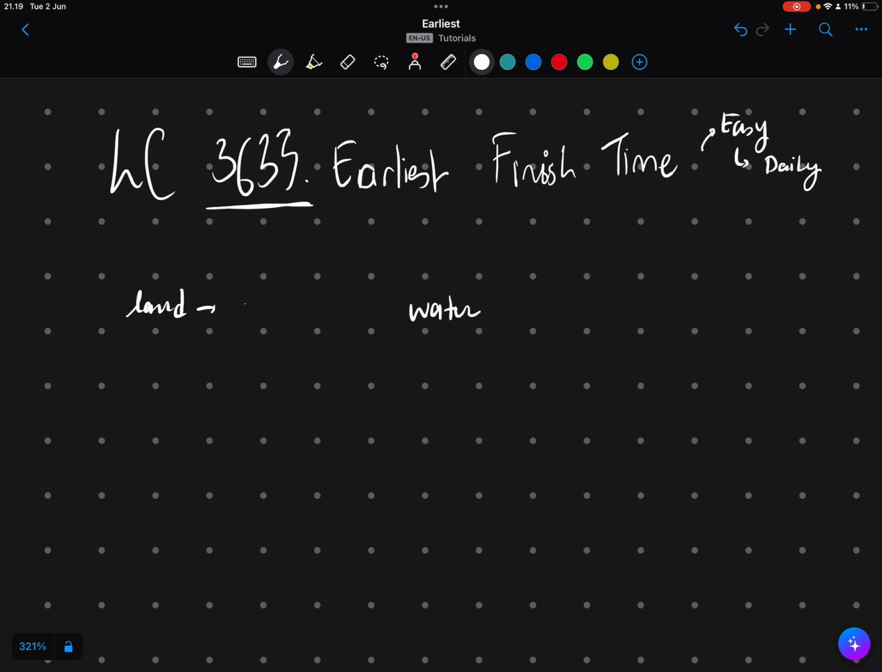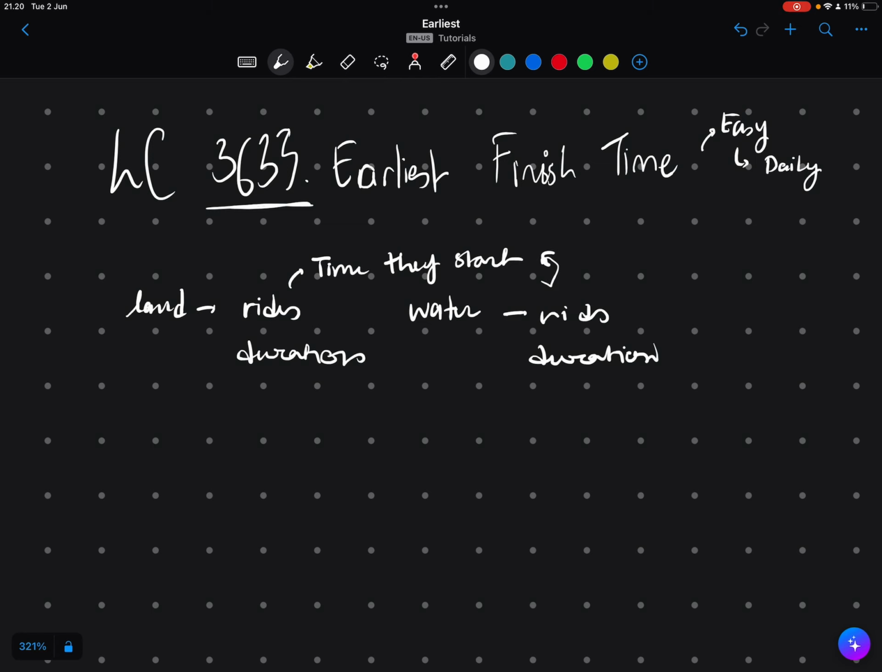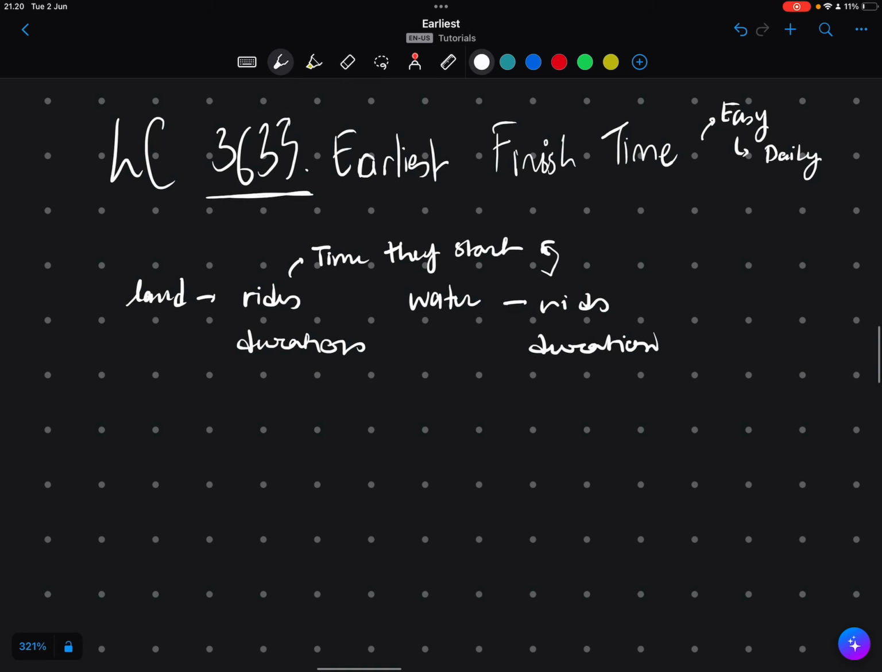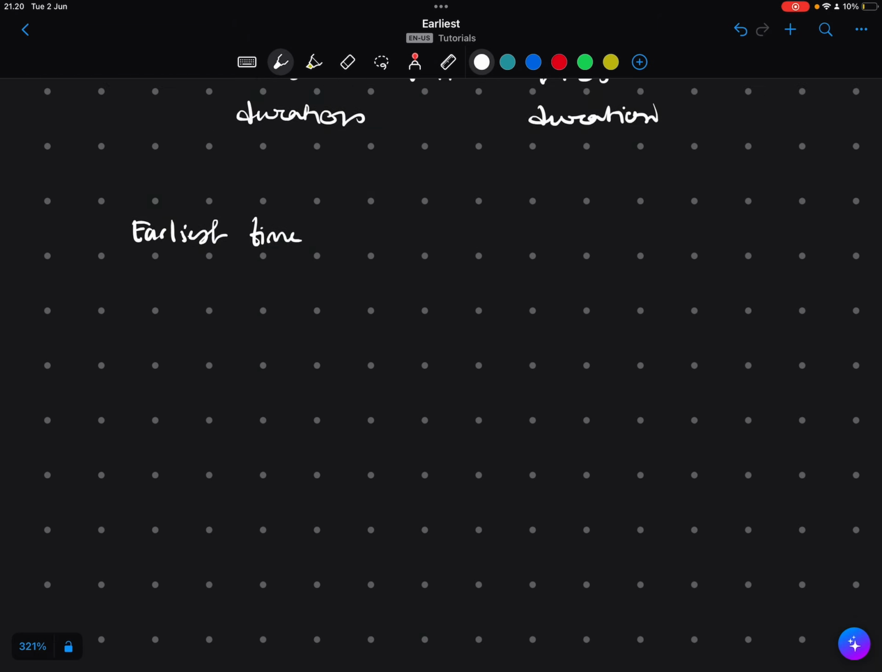We're given an array of essentially rides that we can take and their duration, right? And the rides being the time they start. And we're given the same for water. We're given rides and we're given duration. And all we have to do is figure out the earliest time, in the sense that what is the most optimal way we could do one ride after the other such that the time we spent is minimal, and we classify it as being over once we have done one ride